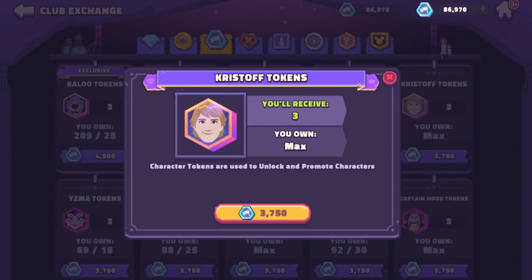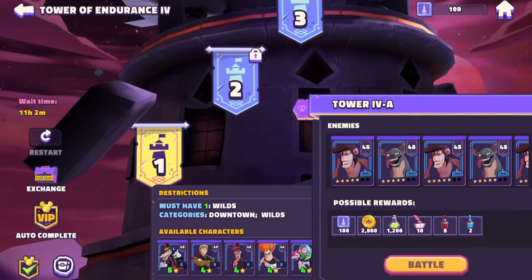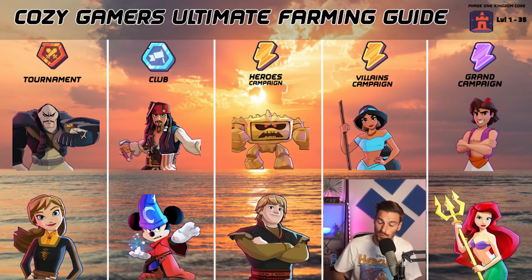Yes, you can get him from the club exchange, but I recommend putting that towards Captain Jack Sparrow and Sorcerer Mickey. Now, you can see what we're starting to do here. We're starting to pull from different factions because you'll need them in different areas of the game. You're going to want Wilds for Tower 4. You're going to want downtown villains for these different events. And so we want to try to mix as many factions as possible, while also concentrating on the correct team